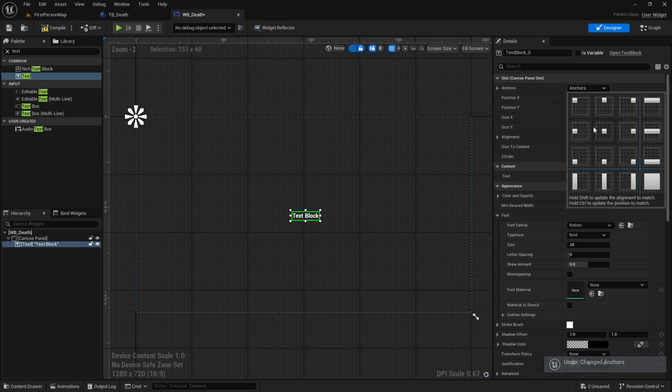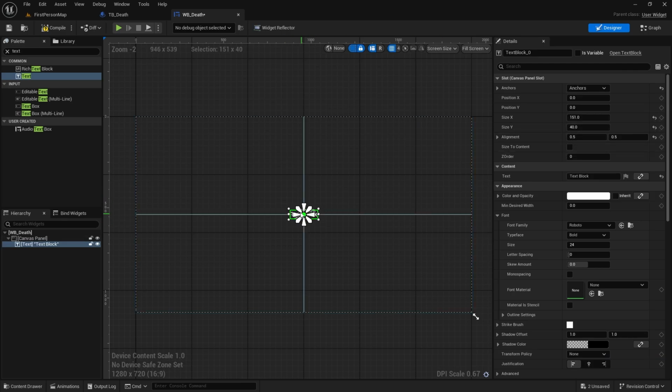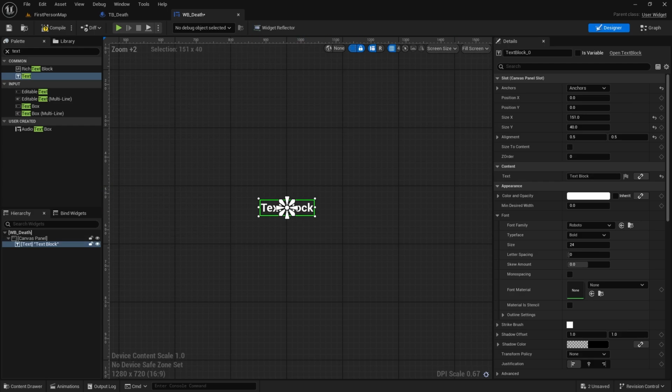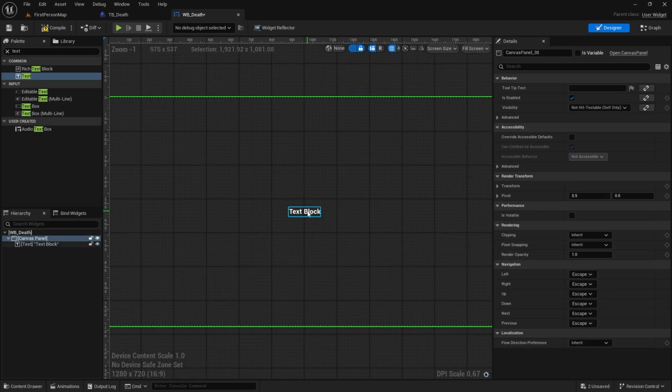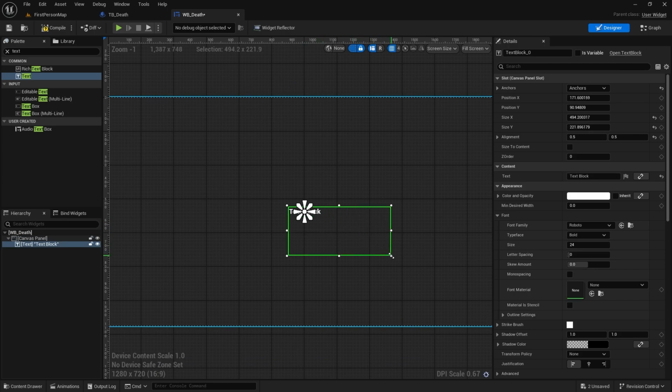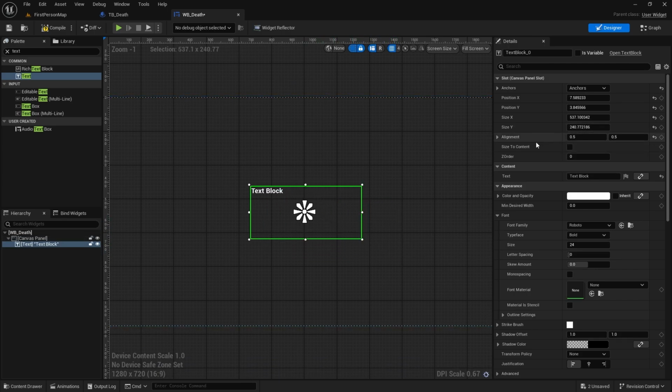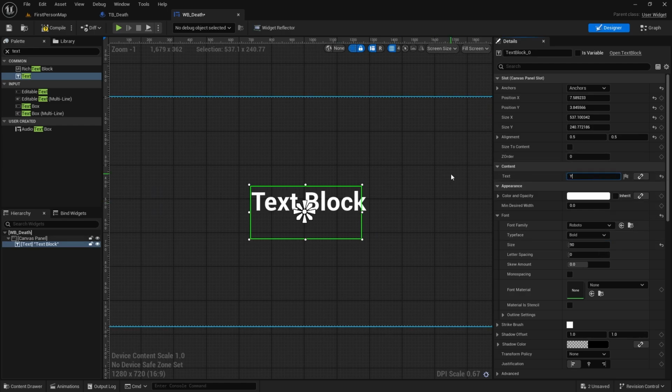If you want, click anchor, hold Control and Shift, then click the middle, and as you can see, it moved the box a bit. So that can be very useful. Then you want to just scale this out a bit like so, move it there, go to font, change that to about 90, and then we'll change the text to "you died." We'll put capital D